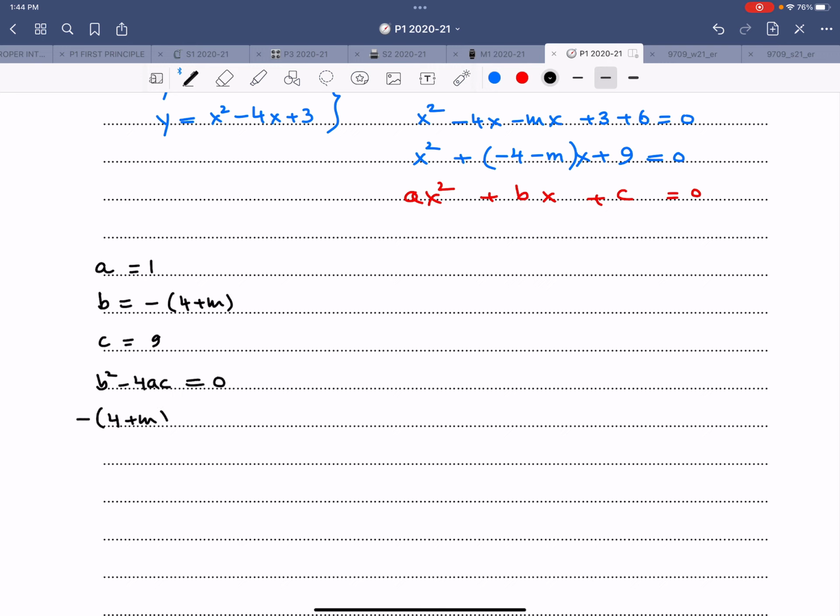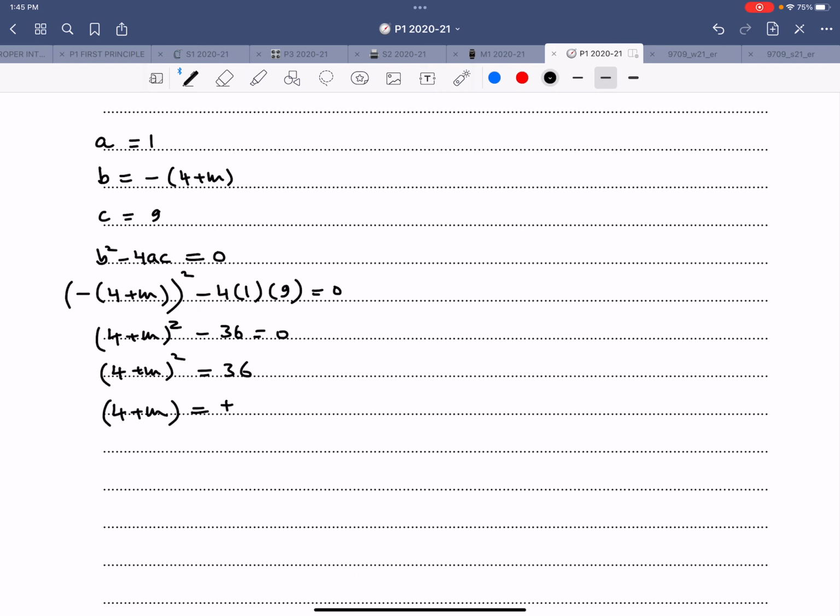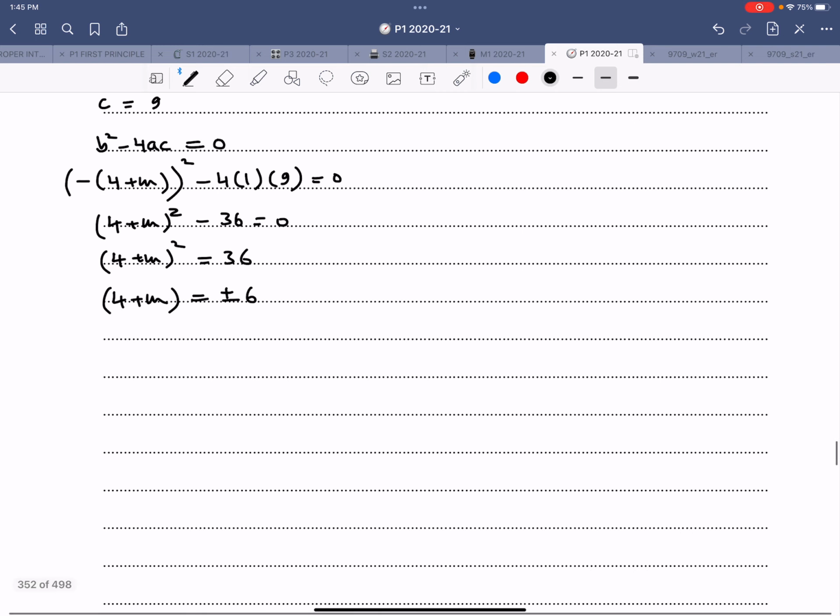The whole thing squared minus 4 into 1 into 9 is equal to 0. 4 plus m, the whole thing squared, minus 36 equals 0. 4 plus m, the whole thing squared, equals 36. No need to open up the bracket. 4 plus m is plus or minus 6. Therefore, either 4 plus m equals negative 6,